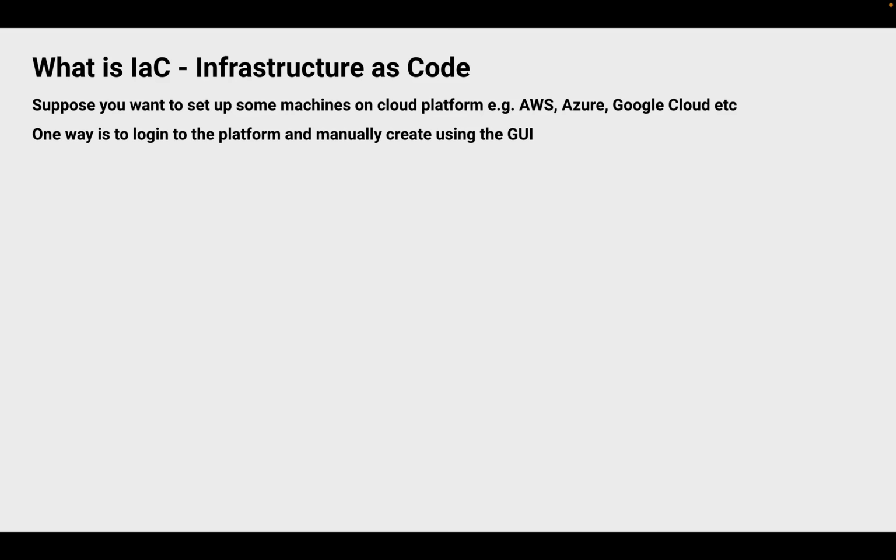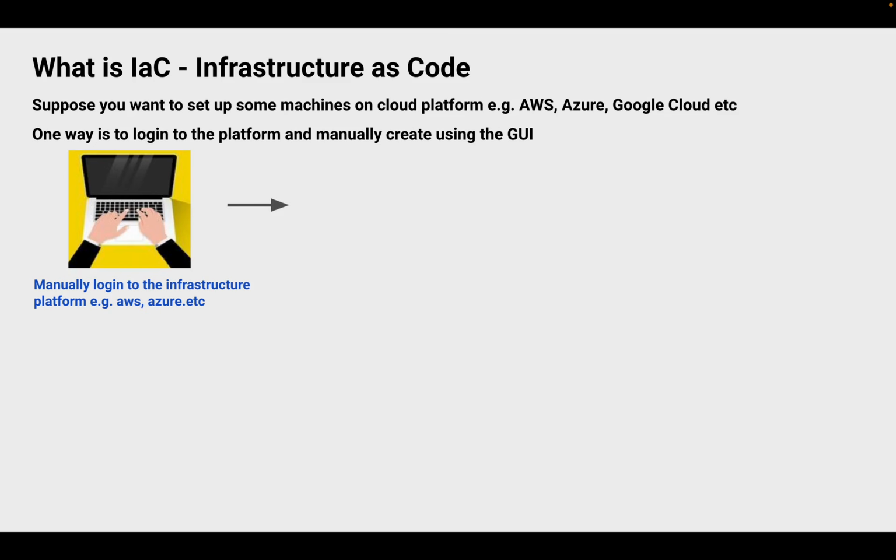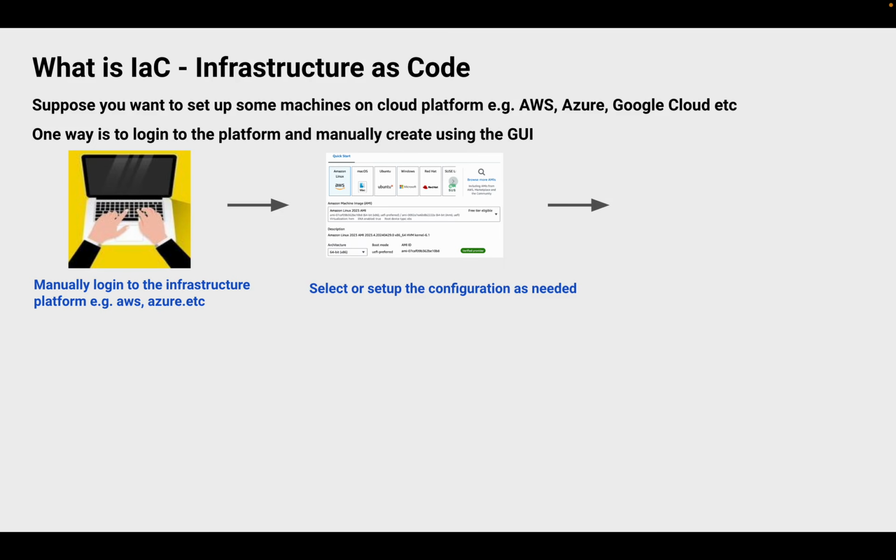Now one way is you will manually log in to these platforms using your system. You will manually log into the platforms, and then you will go to the page where you will add all the details and you will select all the resources required for setting up your infrastructure, and then you will create the infrastructure. Okay, so this is the normal manual process of creating the infrastructure as per the needs of our